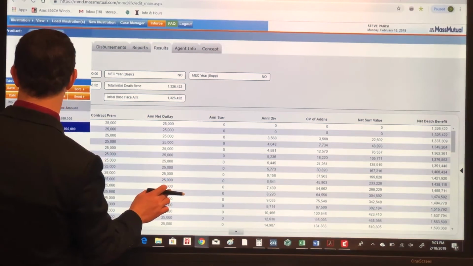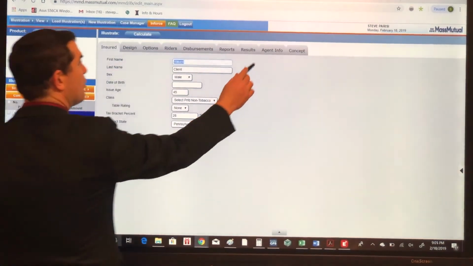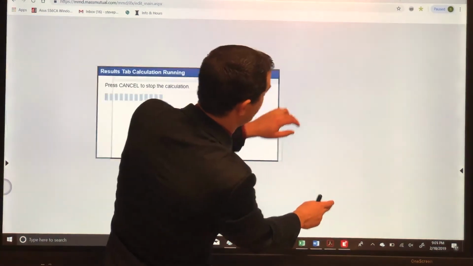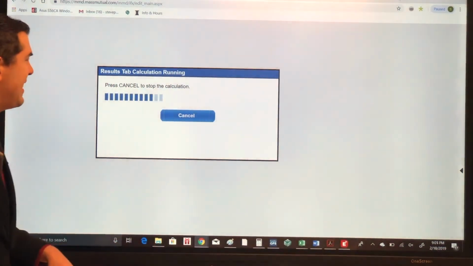The last example is exactly what we want to do. High cash value,